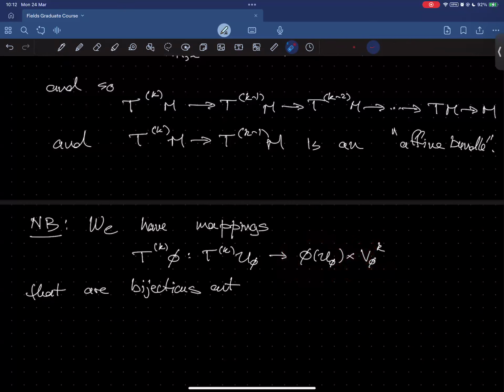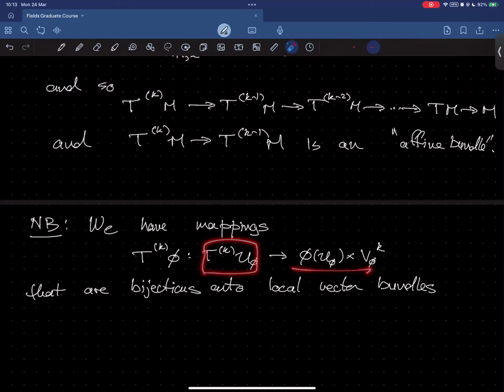Are bijections onto local vector bundles. And your inclination is to say, if I have established around any point a mapping which maps some neighborhood of that point into a local vector bundle, then I've established,